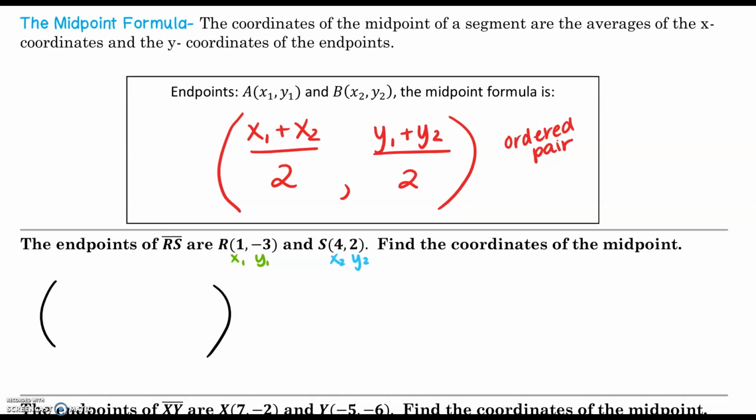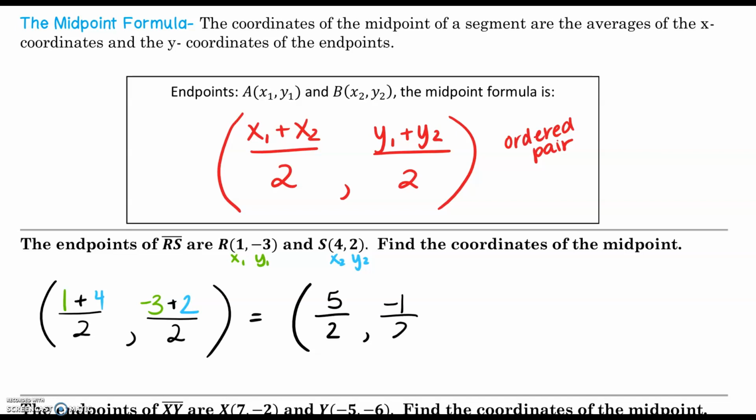So here we have x1 is 1 plus x2 is 4 divided by 2. And then we have y1, which is -3, plus y2, which is 2, divided by 2. So we know 1 plus 4 is 5 divided by 2, and -3 plus 2 is -1